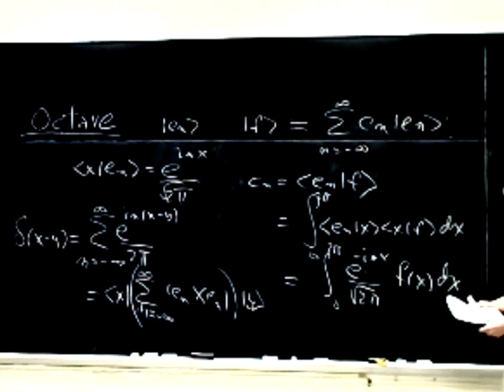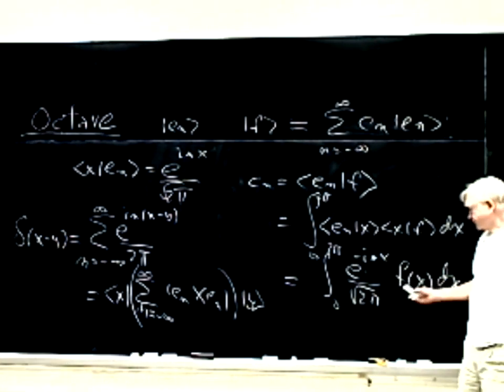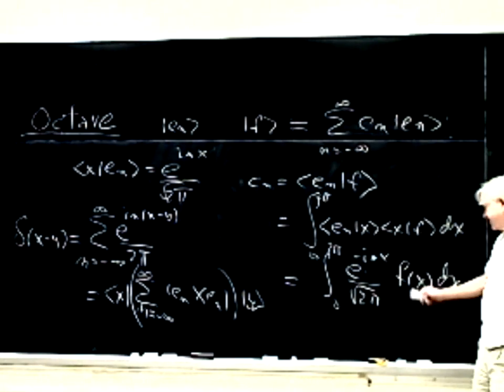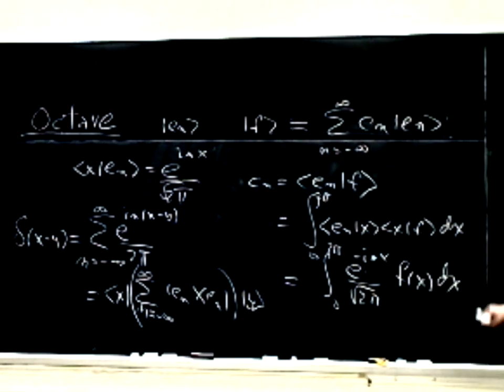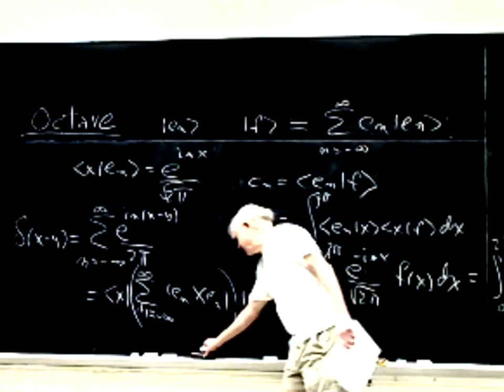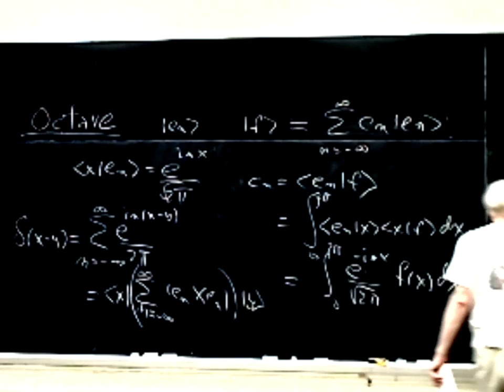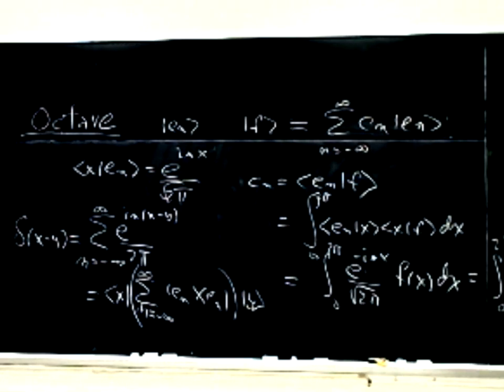Now, if the function happens to be periodic, then you can use any old interval, and it won't matter, because if the function f of x is equal to the function f of x plus L, then you could write this as the integral 0 to 2 pi of e to the minus i n x over the square root of 2 pi, f of, say, x minus L dx. Well, L was a bad choice. L suggests the length of an interval. Let us say x minus